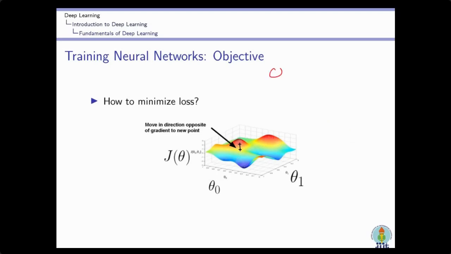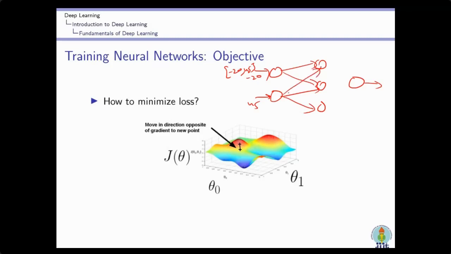I will again use this system. This was my system. Now I will again give the same input samples one by one, minus 20 and 45. So minus 20 will be here, 45 will be here. It will generate the output again. I updated the weights, so now I will use the updated weights, and then I will again calculate the output, and this output is